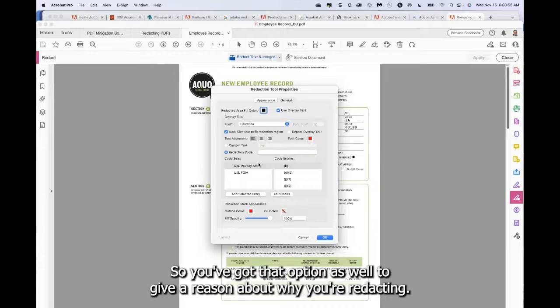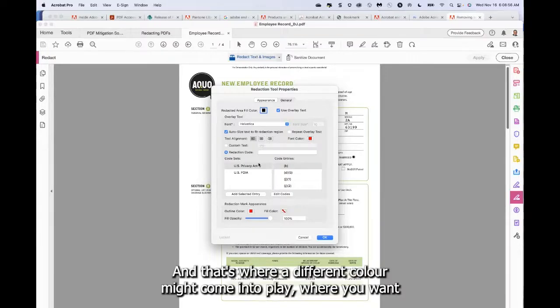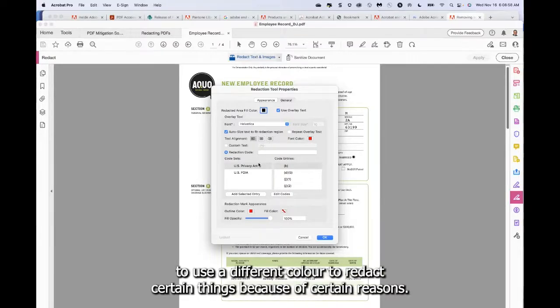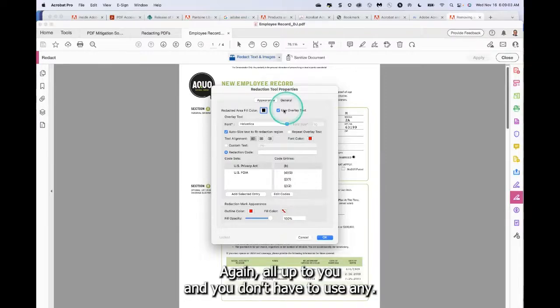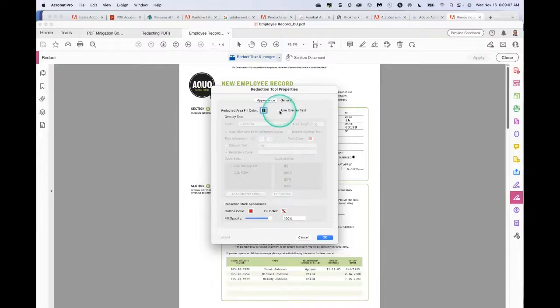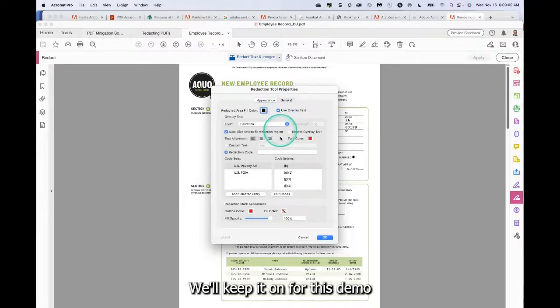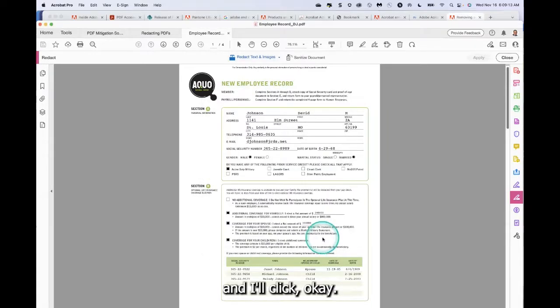And that's where a different color might come into play, where you want to use a different color to redact certain things because of certain reasons. Again, all up to you, and you don't have to use any. You can just turn off using overlay text as well. We'll keep it on for this demo. And I'll click OK. And then the next thing is I need to start redacting or selecting things to be